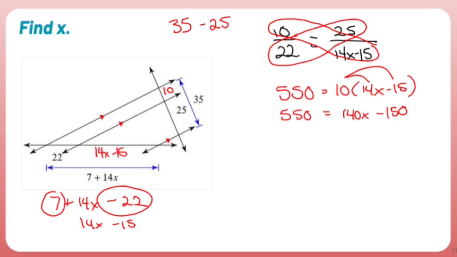Now we have a two-step equation. I can add 150 to both sides. When I do that, I get 700 equals 140x. One more step. Divide 140 from both sides,